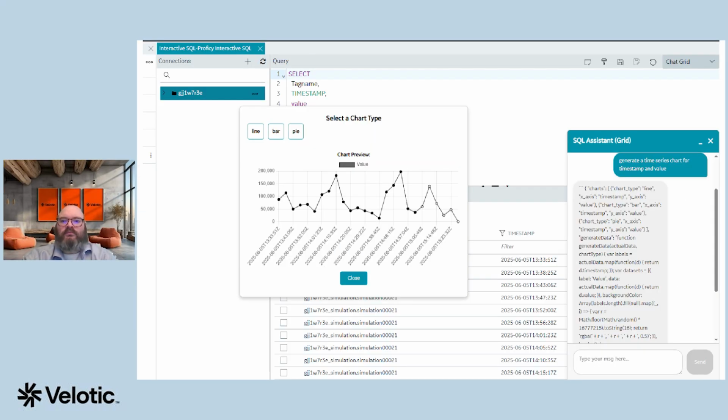All right. You can also ask it to generate a time series chart for timestamp and value, and it will go ahead and create the request based on what you've asked it to do. It will pull the tabular data, and it will give you a metric that shows you, in this case, the line chart, but bar and pie are also options in this specific scenario. So you can start to see in a very quick and easy way, like, hey, here's a chart that we can then build or bring to Operations Hub or other places